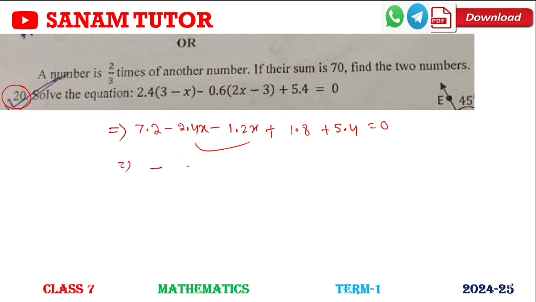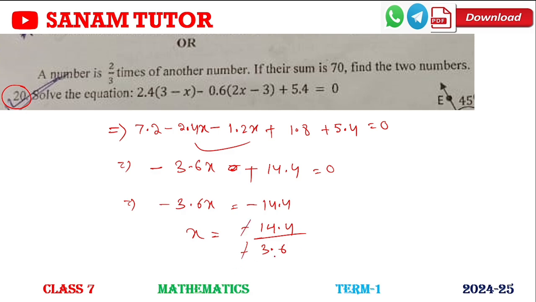12 plus 24, that is 36, means 3.6x equal to, plus 7.2 will be added, that is 14.4, equal to 0. So we can write 3.6x minus equal to minus 14.4. So x equal to 14.4 by